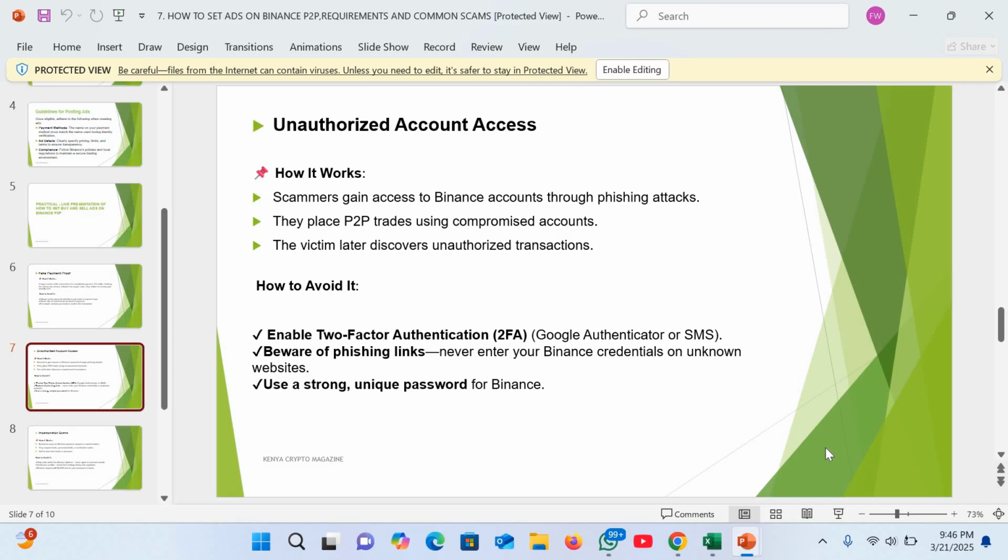So also something else that I want us to discuss is unauthorized account access. People might have access to your account without your authority or without you giving them access. And this is how it works. Scammers can gain access to your Binance account through what we call phishing attacks. So someone can send a link to you, and once you click on that link,